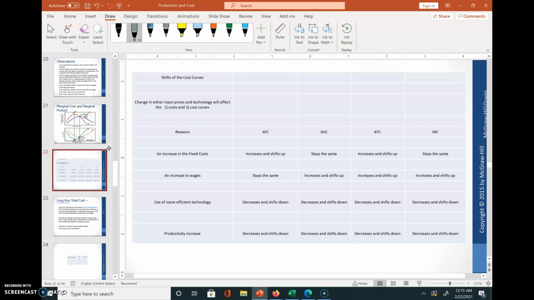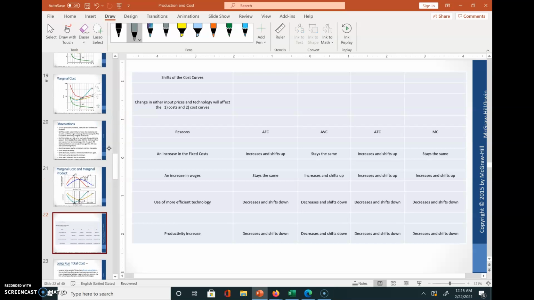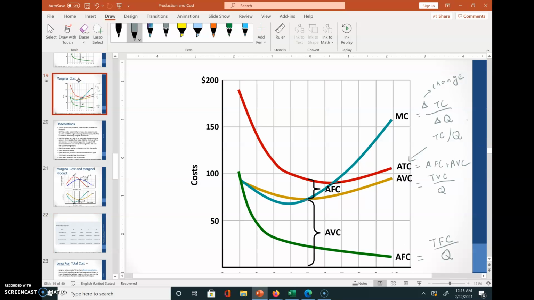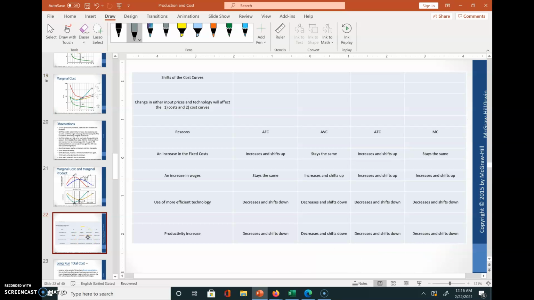So here I will look at the factors that cause each of these four cost curves to shift up and down. We look at the average fixed cost, average variable cost, average total cost, and marginal cost. So I just wrote down the formulas of each of these four average cost curves and the marginal cost curve. So coming back here,